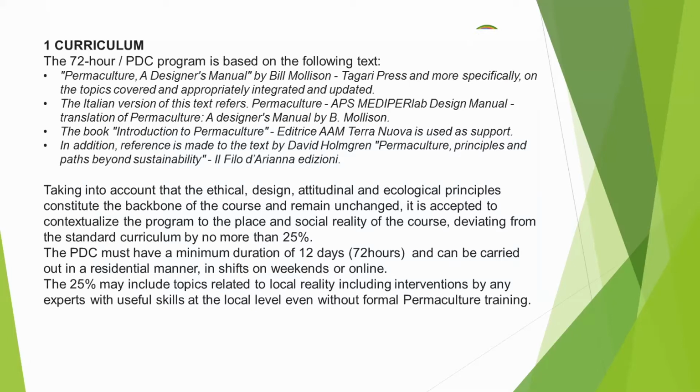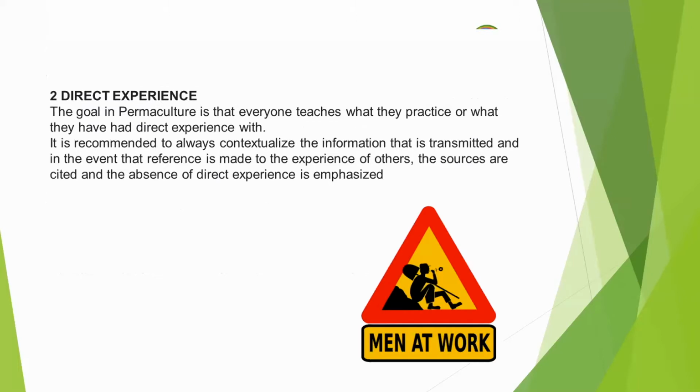For a PDC certificate, the major point on the curriculum is that the 72 hours that are supposed to be spent in the lessons should be enough to cover most of the topics that are reported in the Permaculture Design Manual. One other important thing